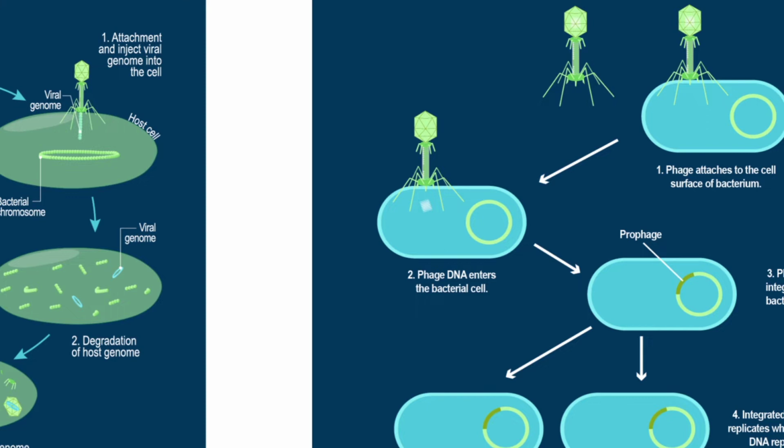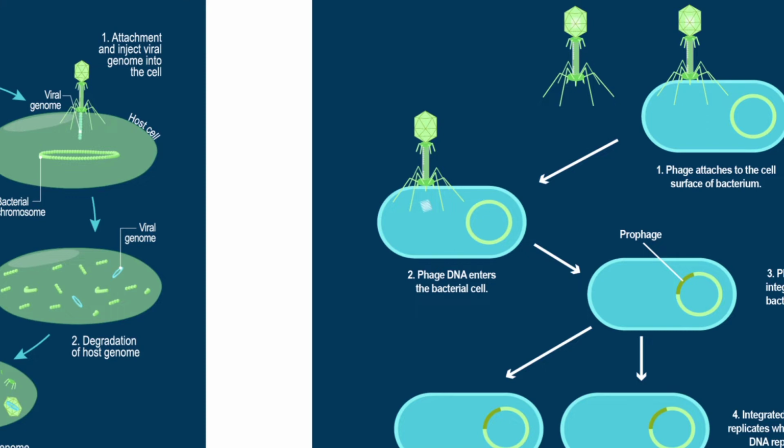When you see here, the bacteriophage will sit on the bacteria and inject its DNA into the bacterial cell, and what happens here is it just integrates with the bacterial chromosome. This DNA is just integrating with the bacterial DNA. You can see the formation of a structure called a prophage. In the bacterial DNA, a small part will be this viral DNA, which gets integrated into it. This structure is called a prophage, and then what happens?